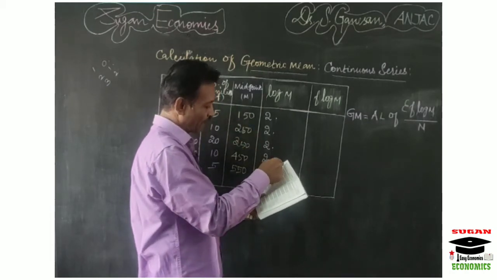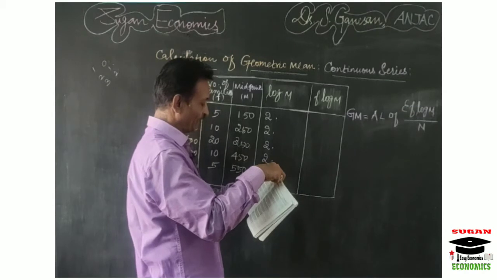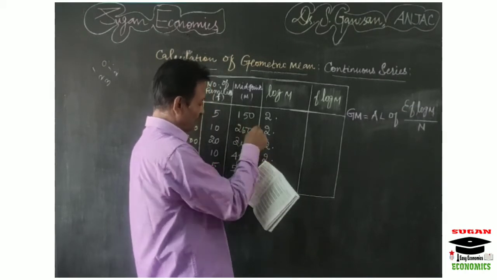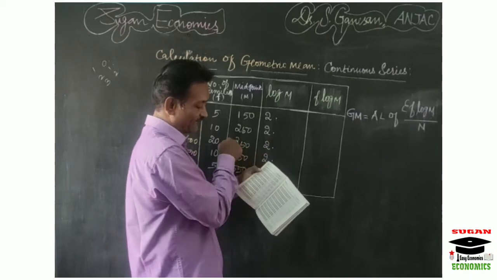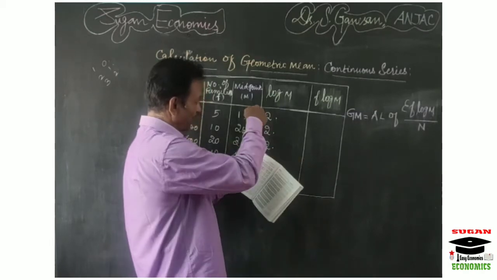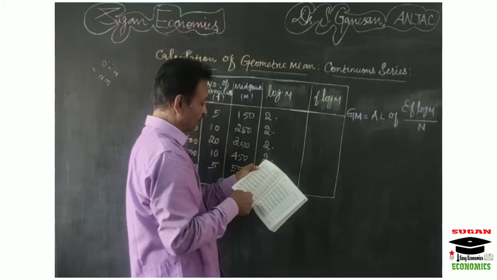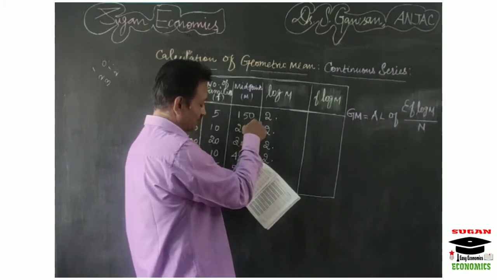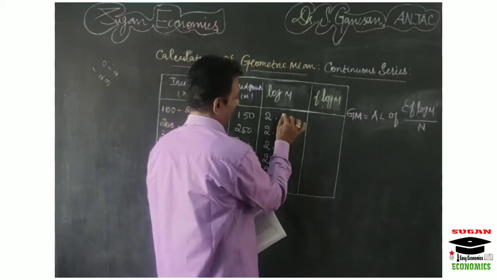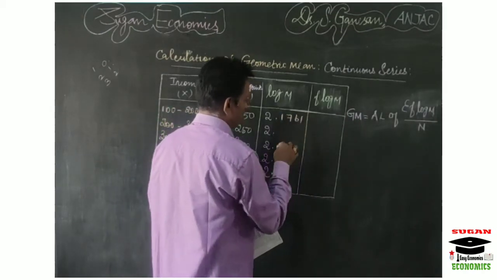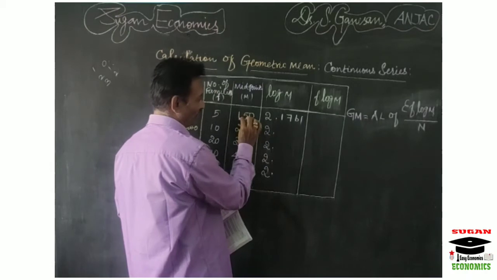In the log table you find 15 in the horizontal row and take column 0, and where these two meet, the value is 1761. So log for 150 is